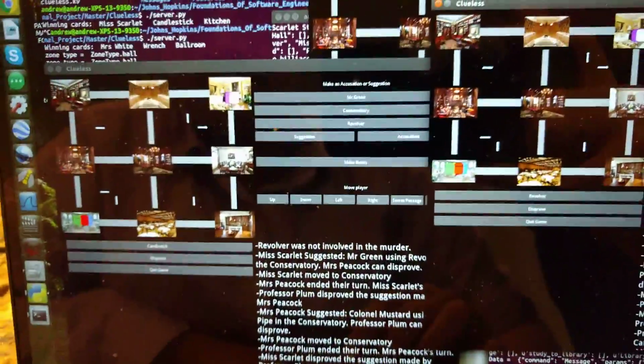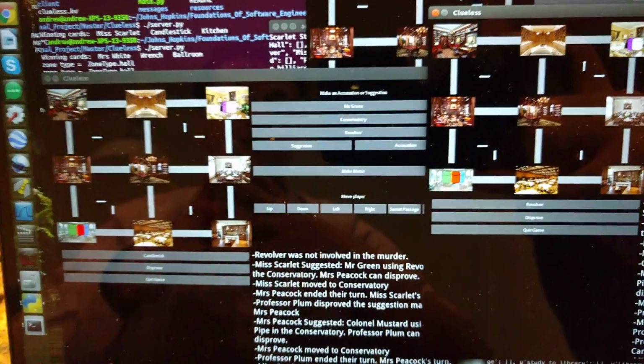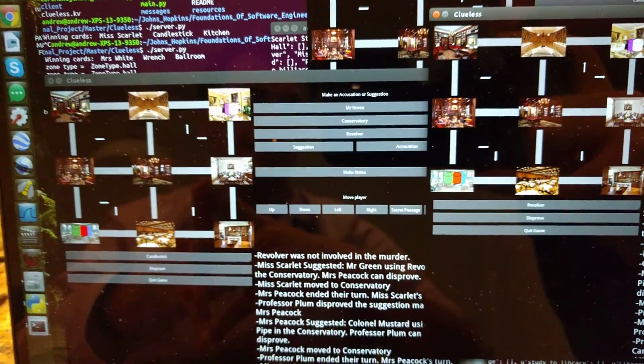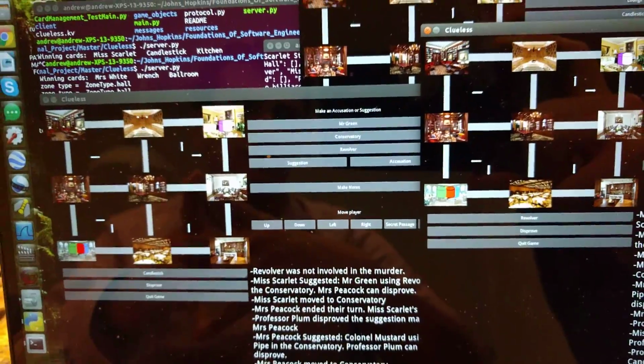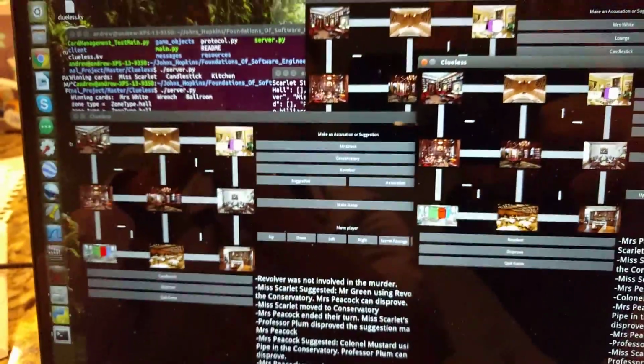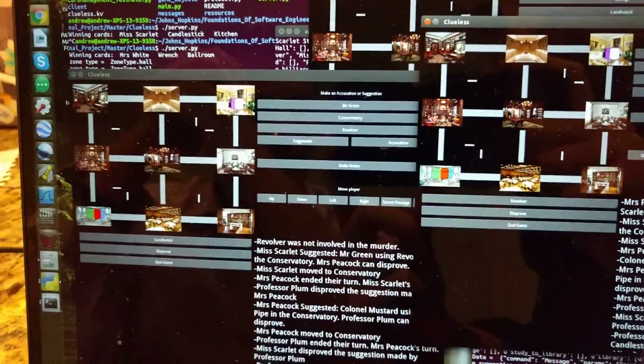Right, we have to. Well, the thing is, we only have three. This is a game of three players, so we won't be able to actually demonstrate without. All right. So